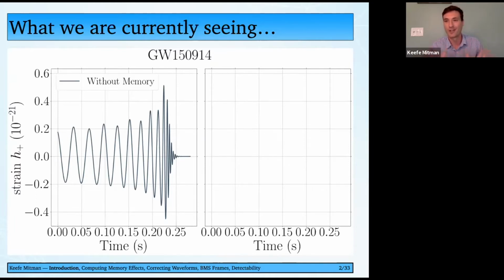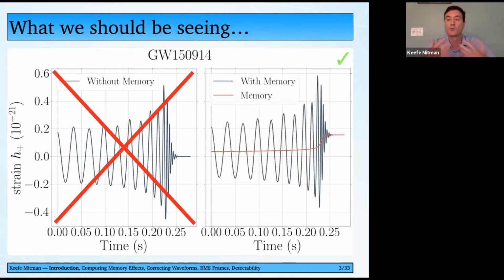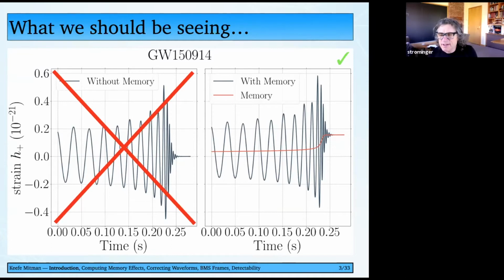But at this point, I just have to apologize on behalf of all numerical relativists, because this is incredibly misleading. This waveform is not at all correct according to what we would expect from general relativity. Instead, we expect waveforms to have memory. Here I'm showing what the true waveform should have looked like for GW150914. When we usually think about memory throughout this conference, it has been talked about in terms of supertranslations, and we typically think of it as this DC effect, a zero frequency contribution arising from these symmetries at asymptotic infinity. And in a more practical context, are you really saying it's like a 20% effect of the